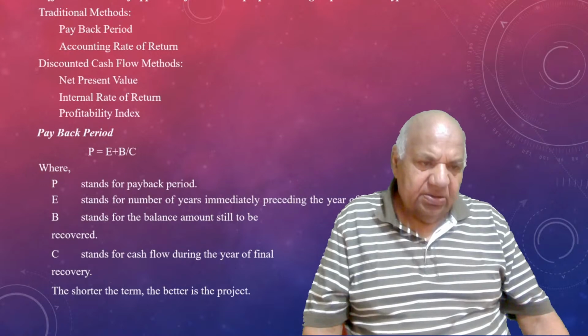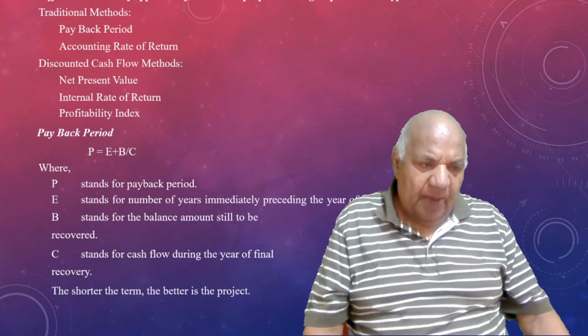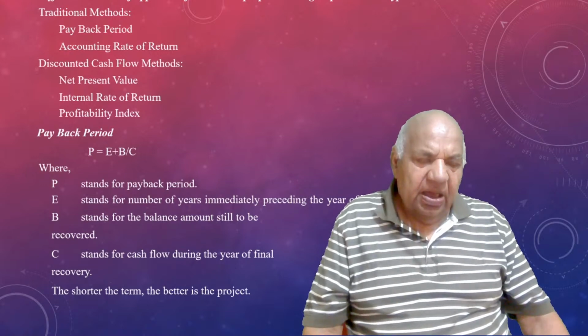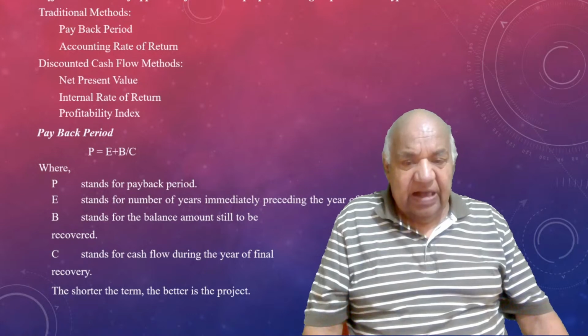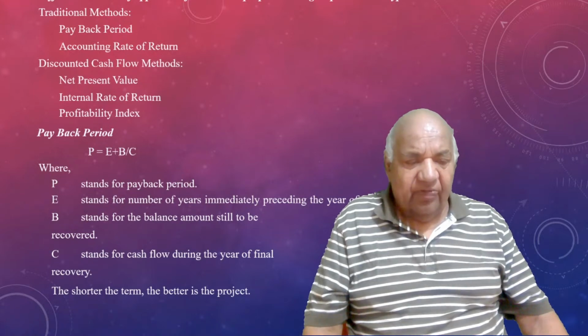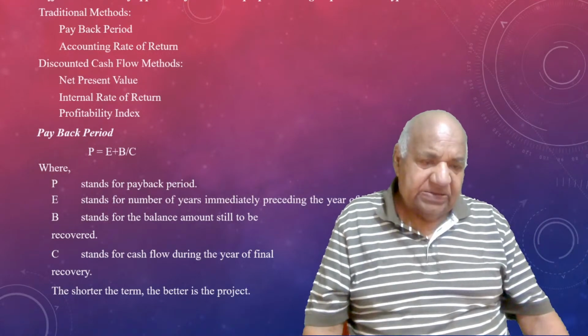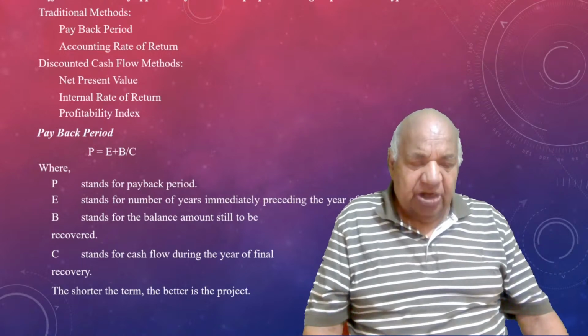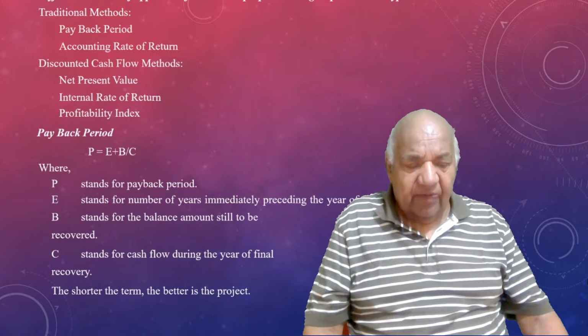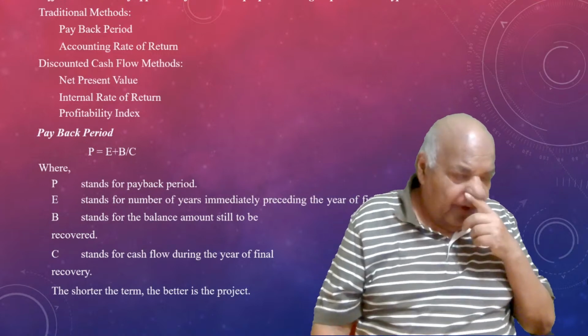Payback period. Here in the formula, P equal to E, stands for number of years immediately preceding the year of final recovery, plus B stands for the balance amount still to be recovered, divided by C stands for cash flow during the year of final recovery. For example,